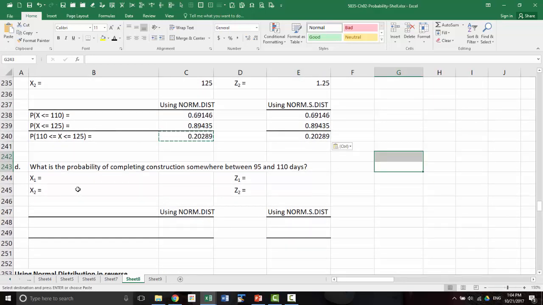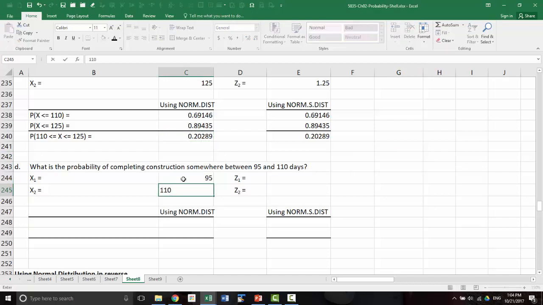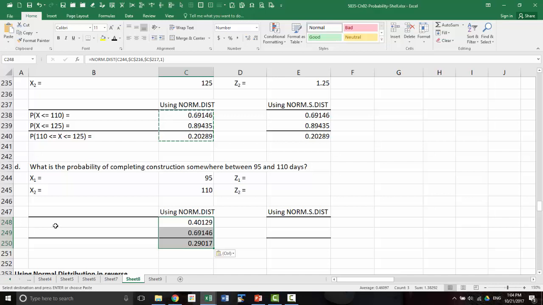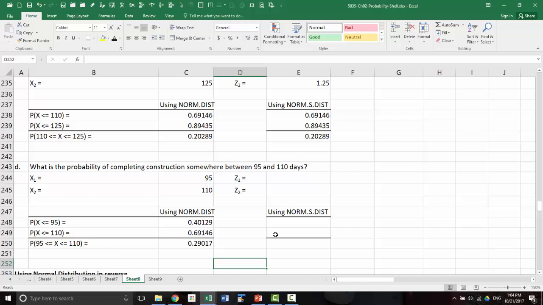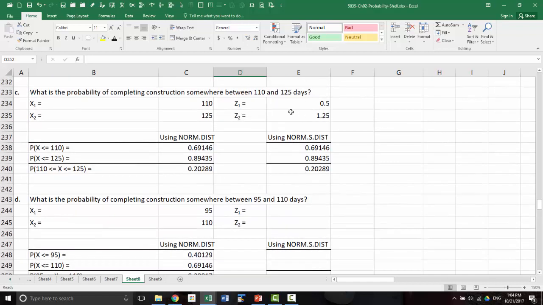What is the probability of completing the construction between 95 and 110 days? So 95 and 110 days. Well, same like here, right? So all you have to do is to just copy these, and that would be these probabilities. And same, you can copy all of that